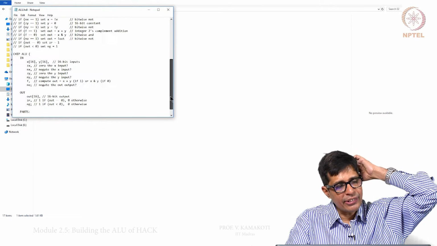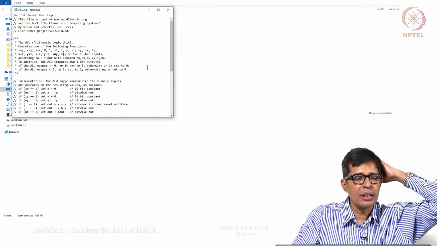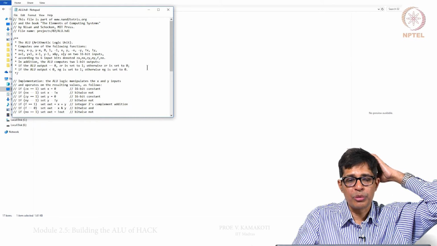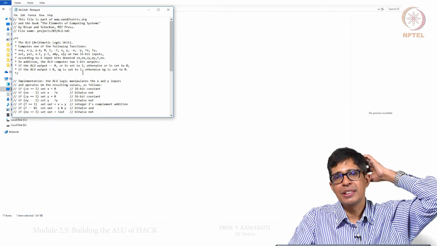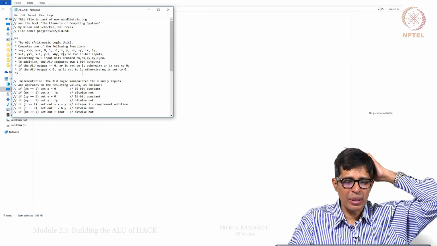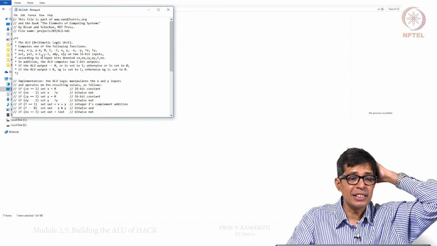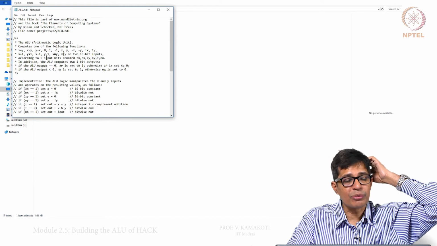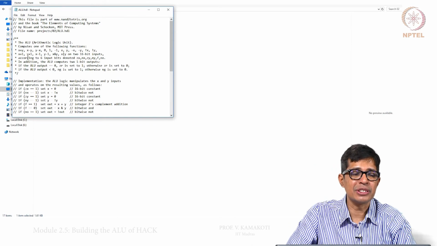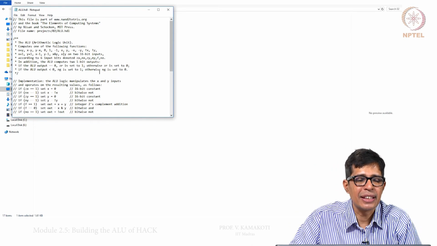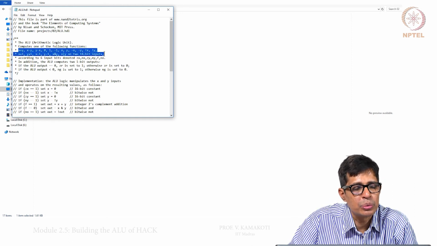The table for this is available in the book at page number 37. So, if you have the book, you can refer to that book, otherwise you have to think and work it out. Some of them are not immediately doable, but you have to think to get these functions in place. For example, we have done x plus 1, which is actually not very trivial, but we showed how x plus 1 works. Like that we need to do for these functions here, and these functions are listed in your project 2,